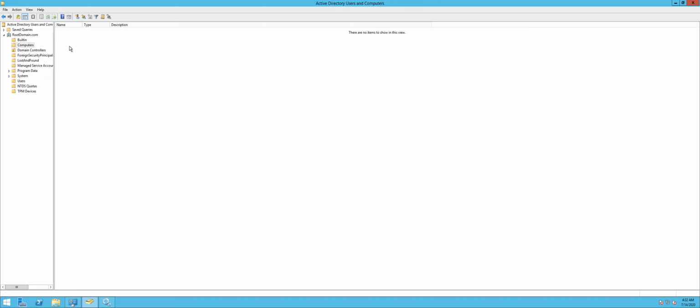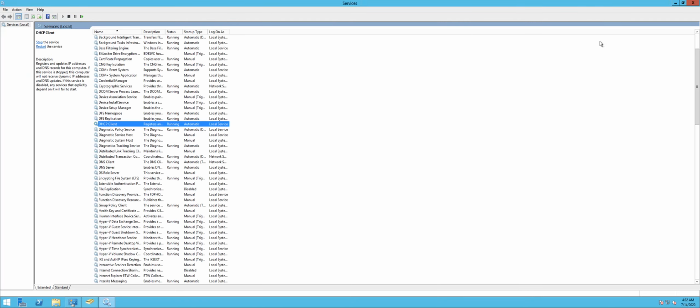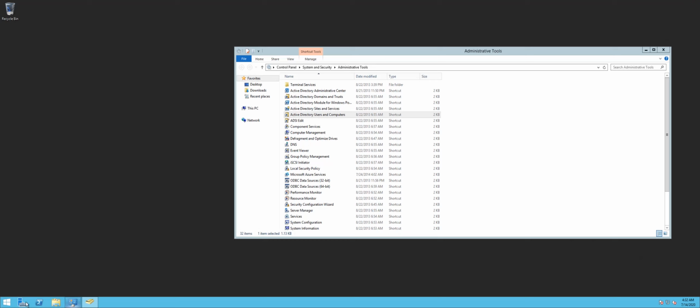We have not joined any client computer to this domain yet, and we are going to do it right now, because we have to resolve the problem for Ravi so that he can sit on any computer in the organization instead of being able to sit on just the computer on which he has a local user account, because we are moving away from local user accounts and going into Active Directory user accounts. Okay, so